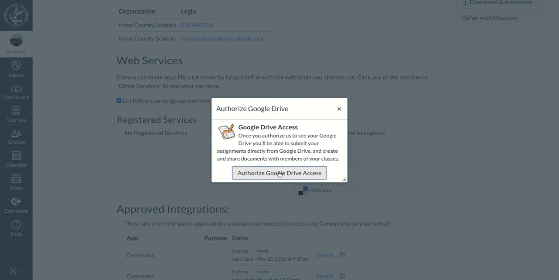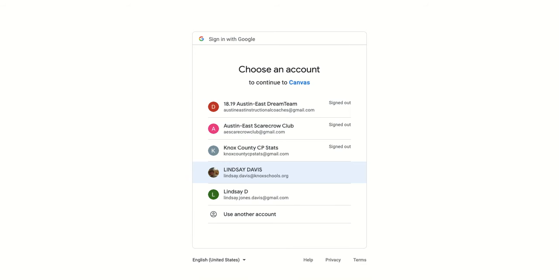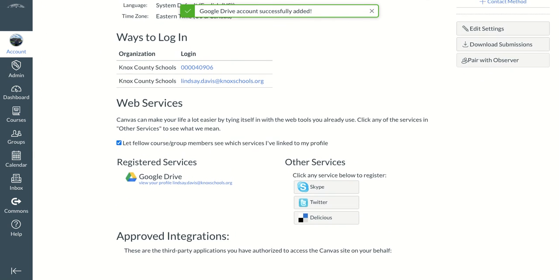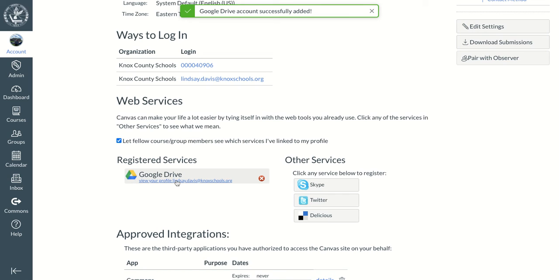click authorize Google Drive access and you're going to choose your account. And you're going to allow Canvas to do the following things so that it can quickly access your Google. And once you hit allow, when you scroll down, it should show up Google Drive and using your school email